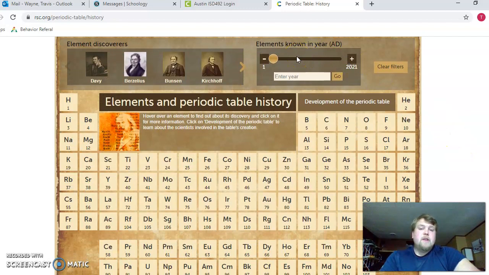This is specifically going to talk about the historical importance, discoveries of these elements. Now, this is kind of really cool and really neat. In this box up here, you can type any year in this box, and it will show you what elements were known at that time. So let's go ahead and just type in, for example, the 1600s. And by clicking go,